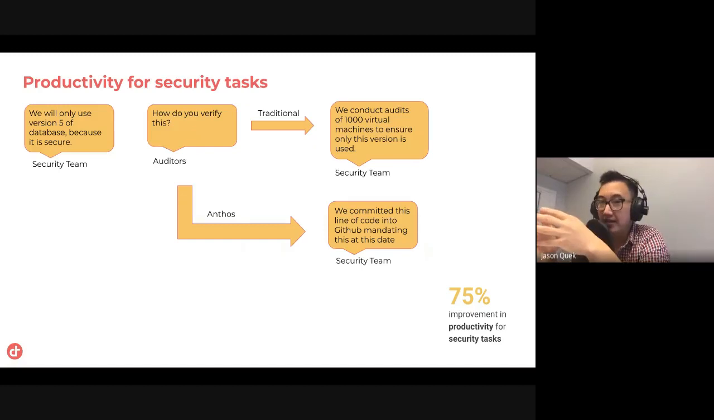So the traditional way is that you go out and you conduct your own audit of your entire organization to make sure, for example, that this version of the database is used. Or you have a configuration database and you store line by line item the virtual machines you have, the whole landscape, and this version is being used. While in Anthos,